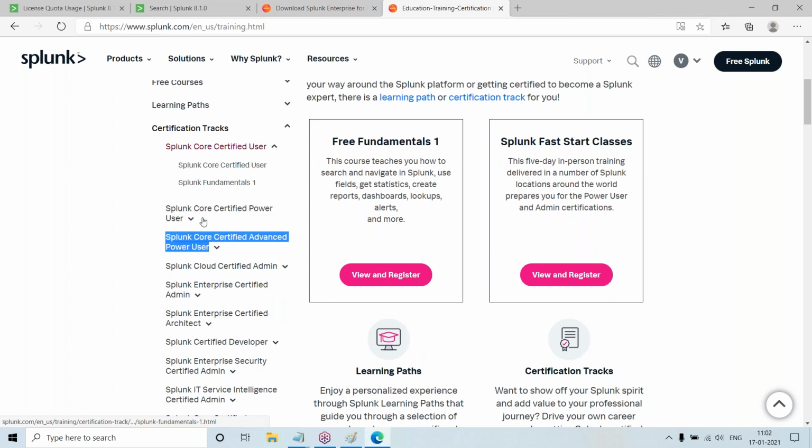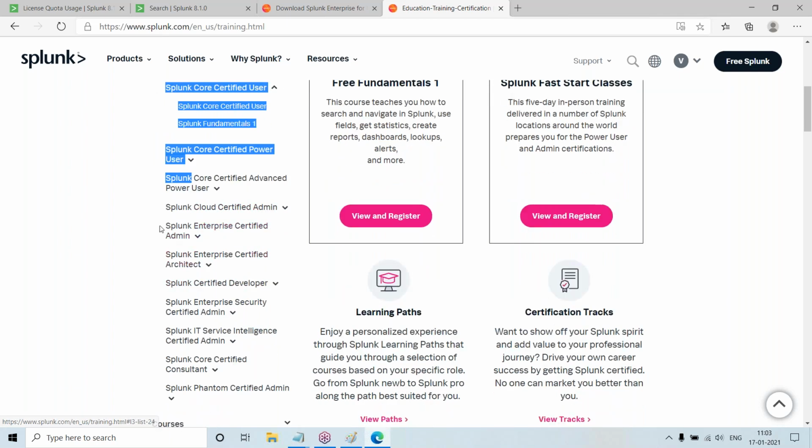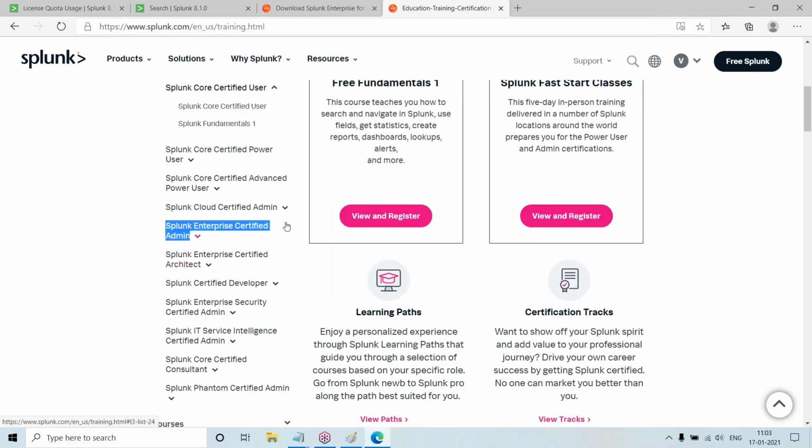These are mostly for a developer, a tester or a support person. For admin there will be a separate certification. If someone wants to plan their career in admin, they have to clear that one.